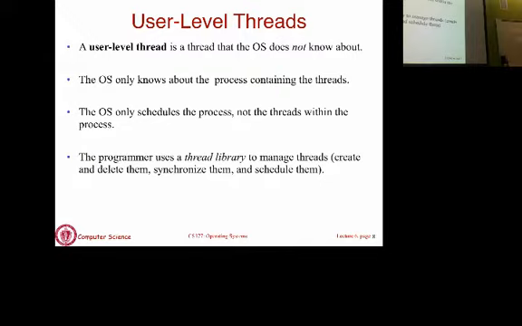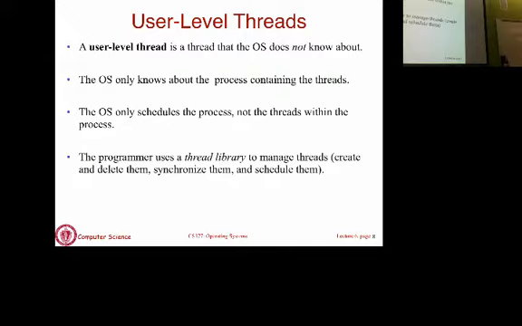In this case, the OS can only schedule processes. It cannot explicitly schedule the threads within a process. So the CPU scheduler in this case is going to schedule process A. And then the library will run its own thread scheduler and decide, whenever the process is scheduled, which of its threads are going to be scheduled. So it's a two-level scheduling decision. The OS schedules the process. The library that implements threads is going to pick which thread gets to run whenever the process gets to run. So this is how scheduling is going to work in this scenario.